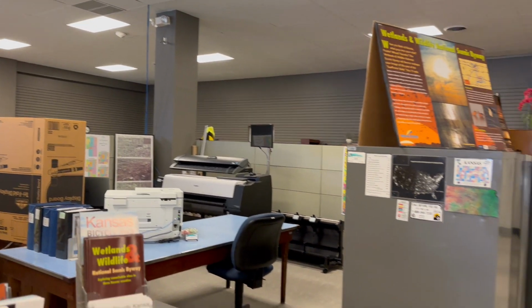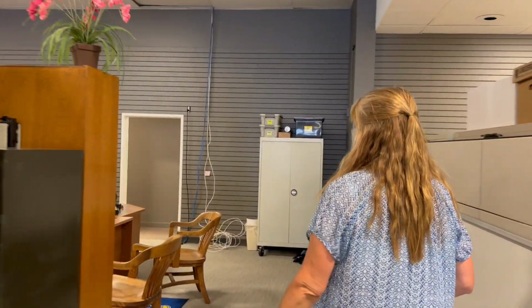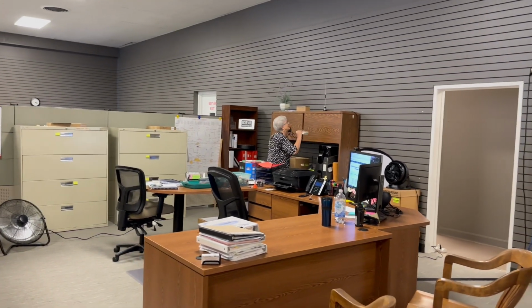Come on back a little bit farther and you have emergency management, Amy's office. Amy's back here working away and she's trying to get settled in. This is our first week here, but this is where you'll find Amy if you need her. Then we come back a little ways and we're going to come over here and we're going to wander right